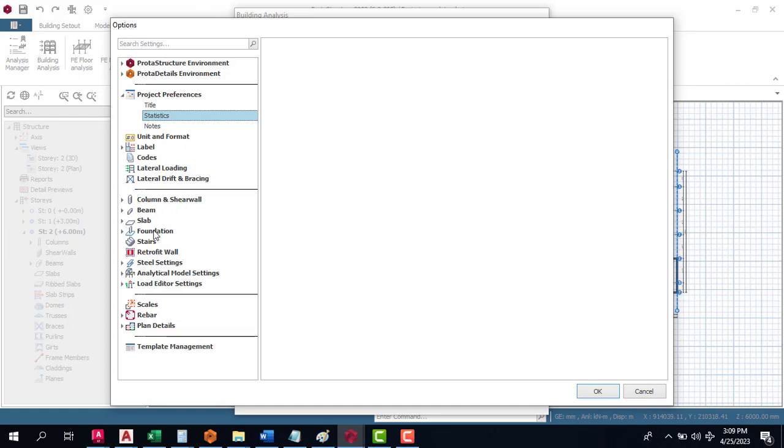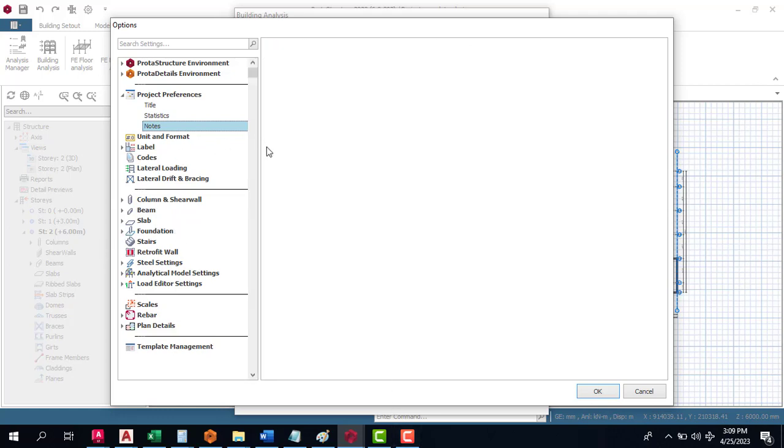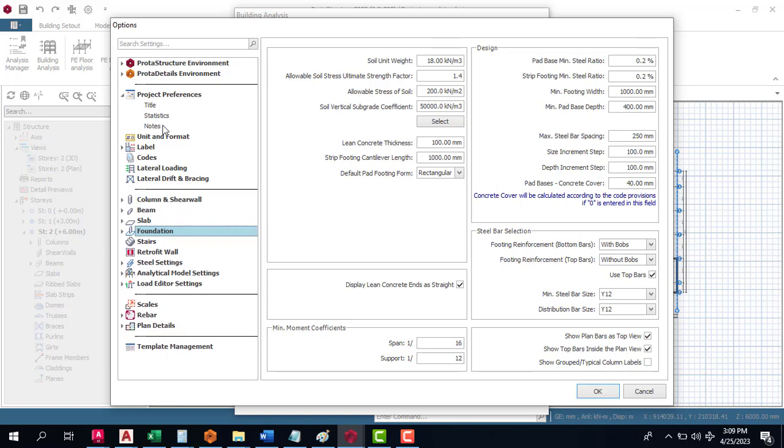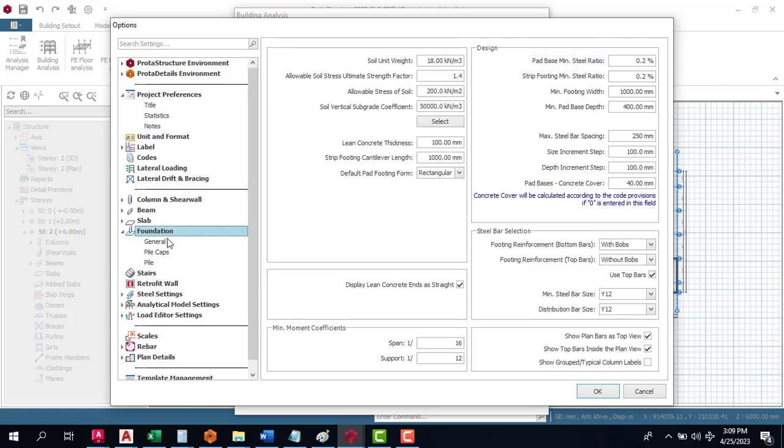so you can as well have some kind of notes. Okay, so you can just write some kind of notes which you are going to be including when it comes to your design. Your foundation, make sure you specify the type of soil,